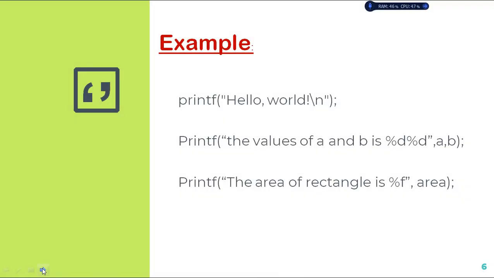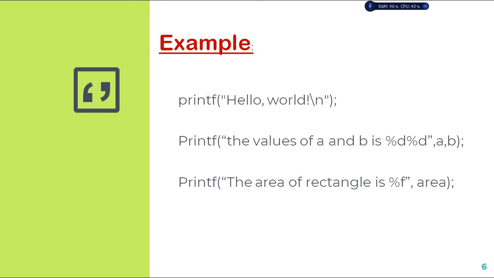So these are some examples in which your printf statement is used. By this printf statement I am simply printing my string. Hello world is a string which I am trying to print. It doesn't have any format specifiers, so simply I can give the things in double quotation and that will be displayed on your monitor or your console. It doesn't have any meaning. The compiler doesn't check for any meaning of your string constants. If you give something like I like chocolates, that will be printed on your screen.